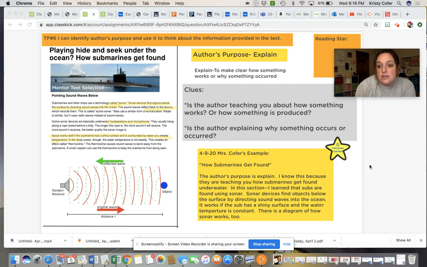So all of these go back to these clue questions that I'm asking myself as I read. Is the author trying to teach me something about how something works or produced? Yes, he's trying to teach me how sonar